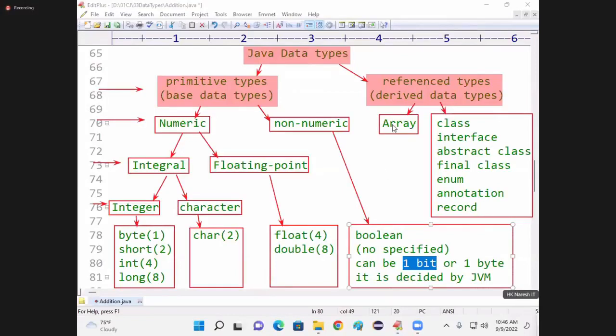Tell me, what is the size of array? Like primitive data types, can you decide the size of the array, the size of the class, nothing but the size of the reference data types? No, you cannot. Why? Because array is meant for storing one value or multiple values. Tell me, what is the size of the bag? I cannot say. It depends on the number of books you are placing inside. If 1 book you place, 1 memory. 2 books you place, some other size. Or 3 books you place, some other size. So the size of the reference data types is decided based on the number of values you are storing. So what is the answer? Depends on